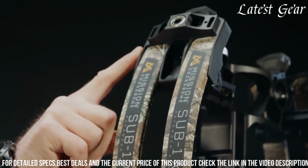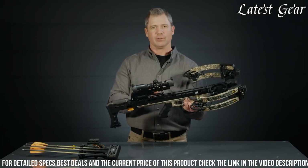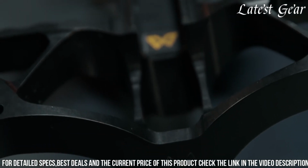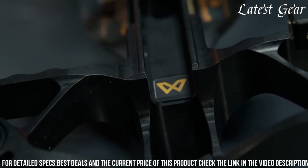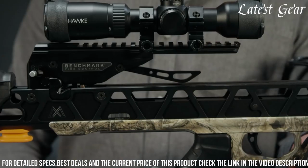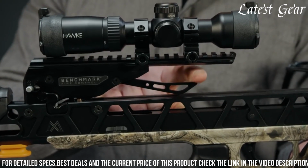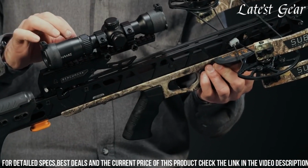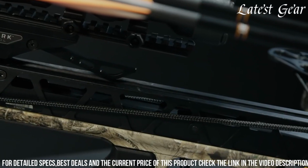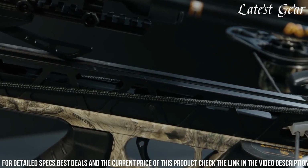hunting situation. The adjustable stock and cheek piece offer a customizable fit for shooters of different sizes and preferences. The Su1 XR also features a built-in cocking device, allowing for easy and silent cocking without the need for additional accessories. The package includes a premium Pro Shot trigger, an illuminated scope, and a quiver, providing all the necessary components